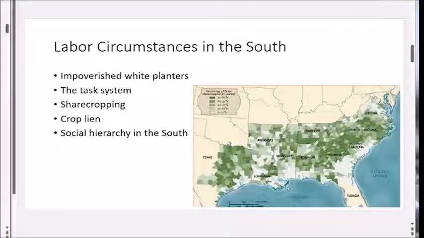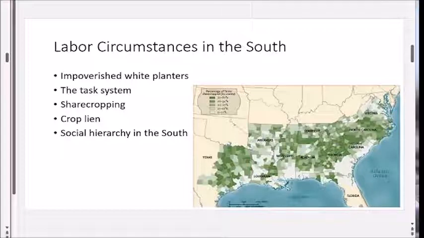Another economic arrangement that's similar to sharecropping that took place in the South is something called the crop lien. Okay, so you had a number of small white farmers in the South who used to be somewhat self-sufficient, right? They were able to sell their crops on their little farms and create crafts that they needed, and they were able to pretty much live on their own.